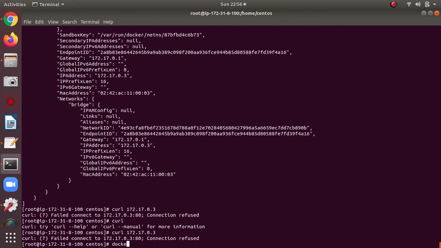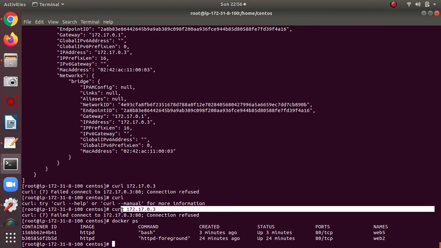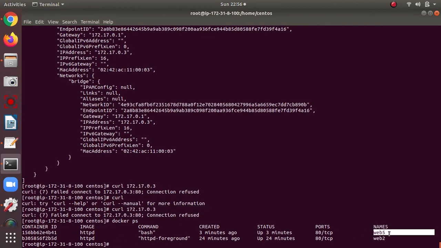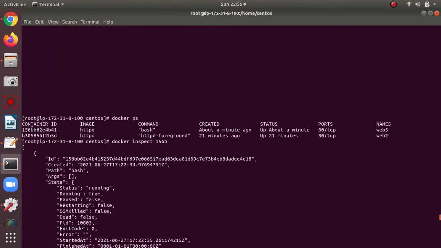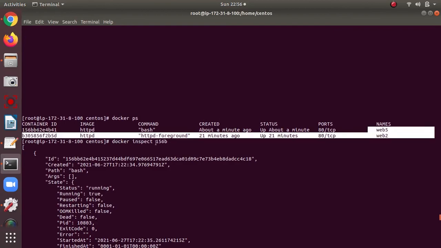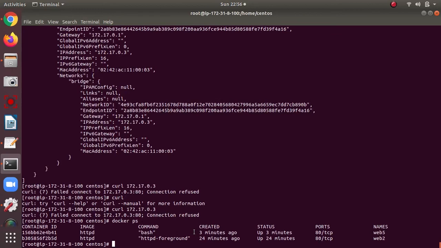So what is the issue? With docker ps, this IP belongs to web5, container ID 156. How do we get into the container without creating a new container?